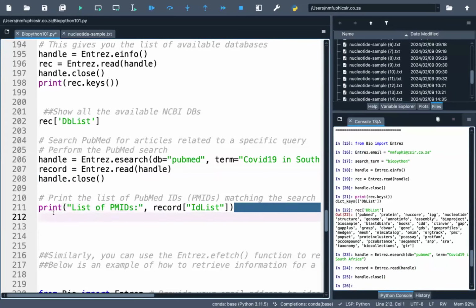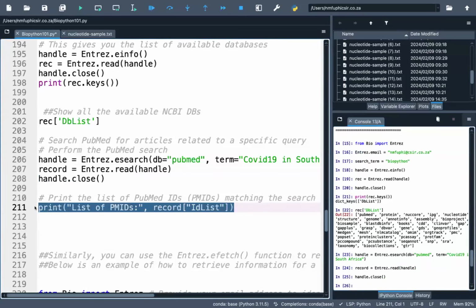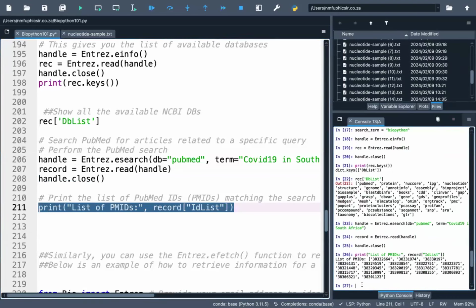Then I'm gonna print out the PubMed IDs of the articles that mention COVID-19 in South Africa. So those are all the PubMed IDs of the